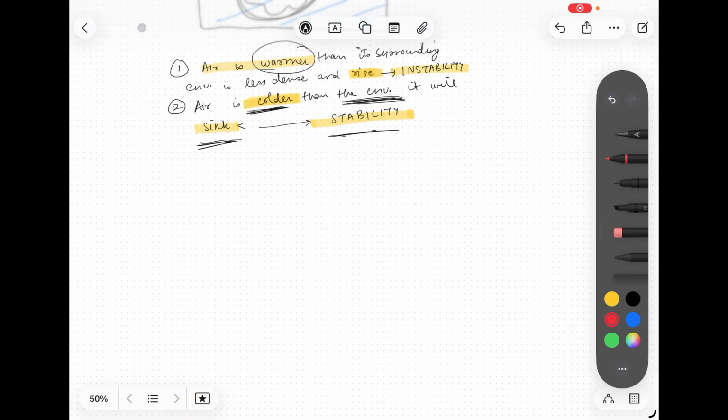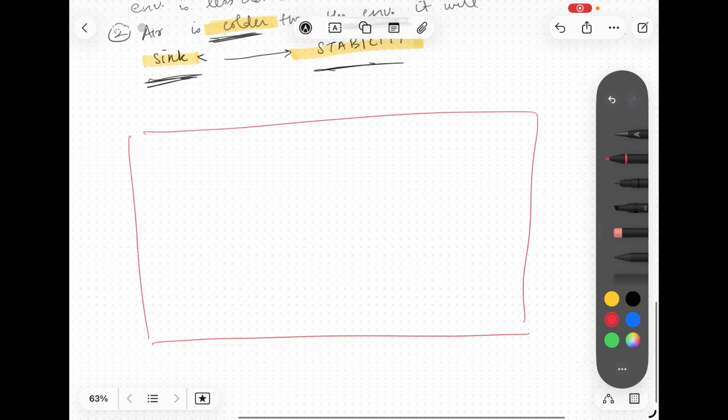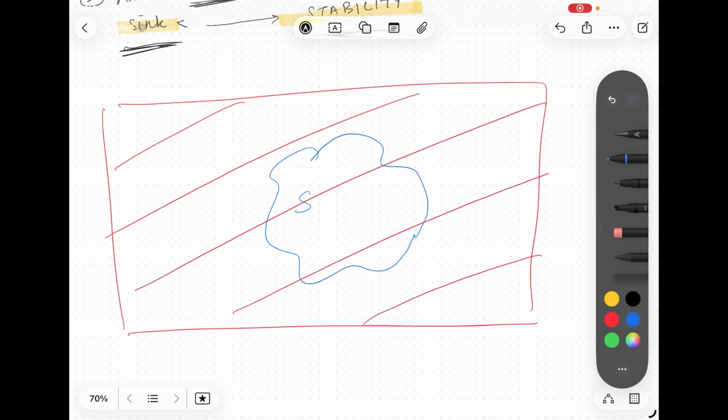Now let's consider the same box, and this is the environmental air. Now let's consider a bubble which is saturated air, any kind of moisture that is present. This would be 1.5 degrees Celsius per 1000 feet. That is your SALR, the lapse rate of saturated air. And let's consider this as 1 degree Celsius per 1000 feet, like we considered before. That is your environmental lapse rate.